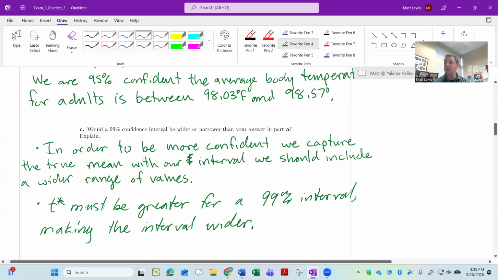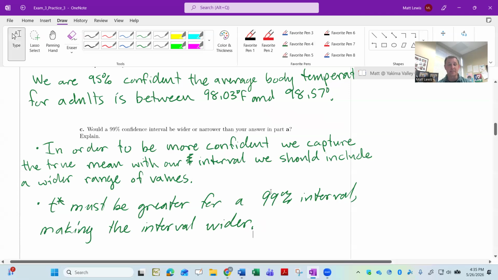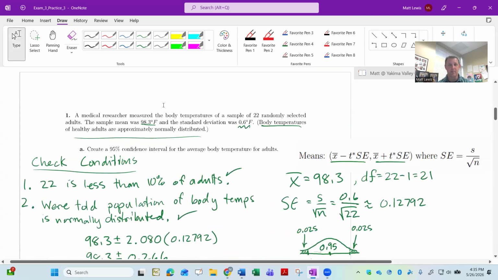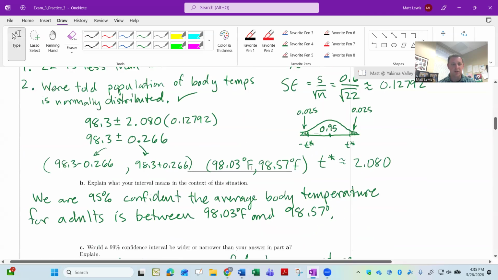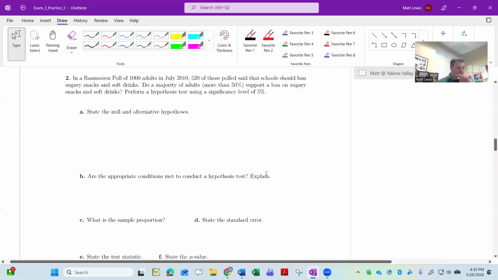Okay. So that was a confidence interval question. I could certainly ask you a confidence interval question for proportions. I did not in this particular set of practice questions have one of those. So just be aware of that and make sure you practice plenty. And you'll get the opportunity to as you work through the inference review packet, but make sure you're practicing some proportion confidence intervals.